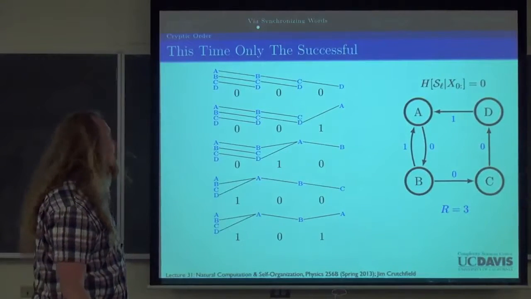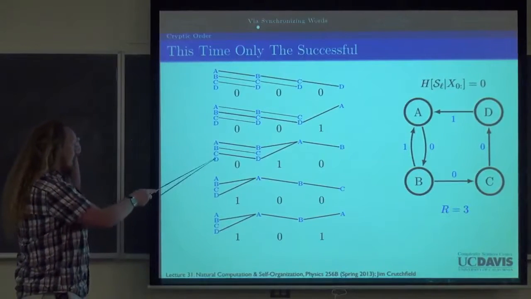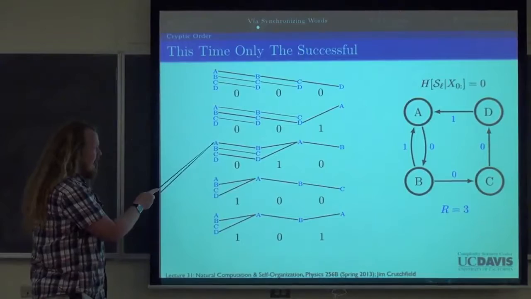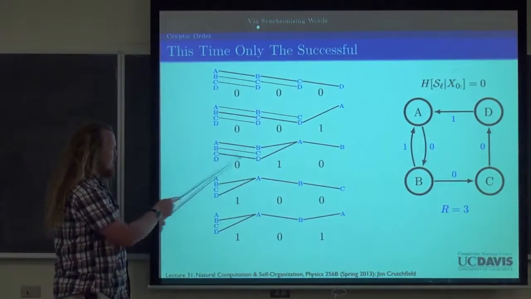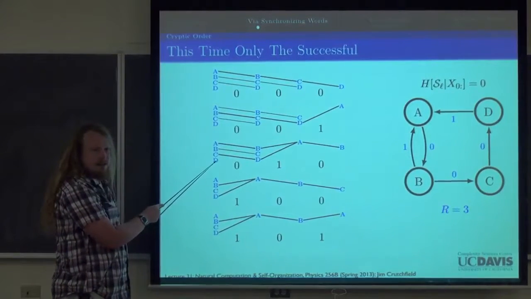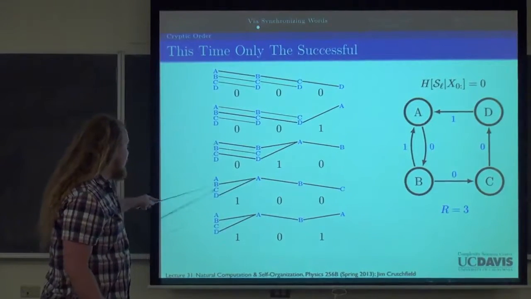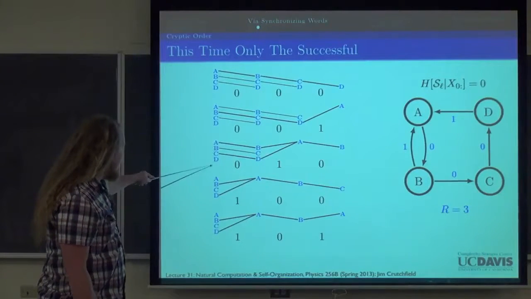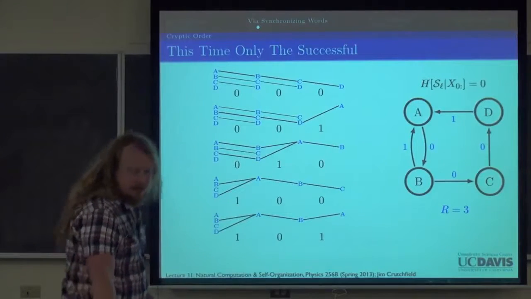And so if we highlight the paths that are valid here, for example, if I know I'm going to see 0, 1, 0, I could start in state A and go A, B, A, B, or I can start in state C and go C, D, A, B. But I can't start in B, and I can't start in D. So if we consider just these paths that can actually be, or just the states at any point that are actually on the paths that can observe this word, and get rid of the rest,